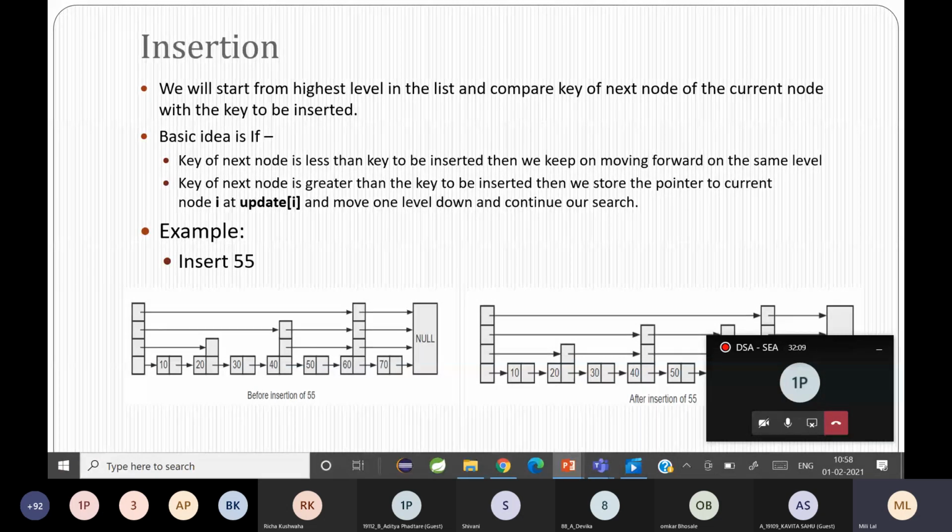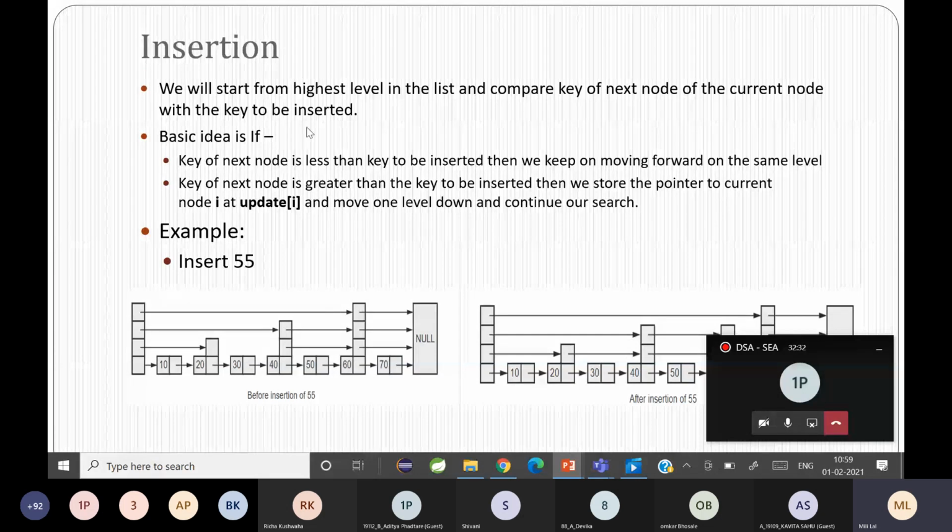If the key of the next node is less than the key to be inserted, then we keep on moving forward on the same level. If the key of the next node is greater than the key to be inserted, then we store the pointer to the current node and move one level down and continue our search. So that's how it works.